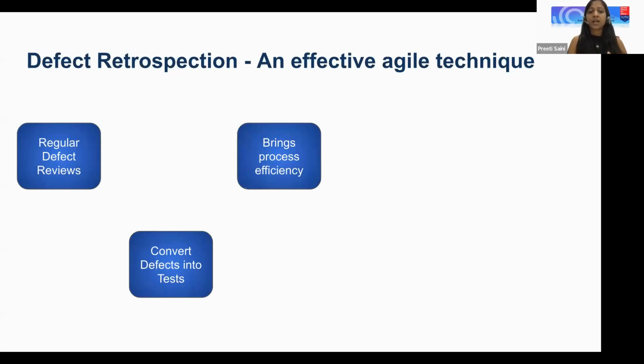The next is doing a defect retrospection, right? It also brings process efficiency. So what we mean by process efficiencies, let's say the first is how the defects are being raised. Often what we have seen is that when defects are being raised, if the right information is not captured, that is where it takes a lot of time for the teams to evaluate, and there's a lot of to and fro even before the defect gets accepted